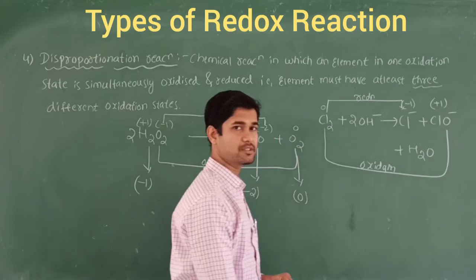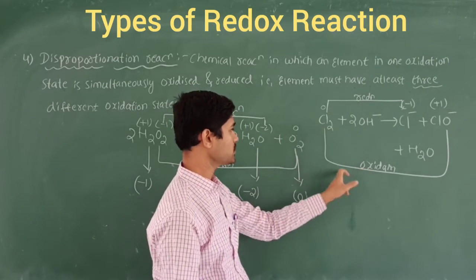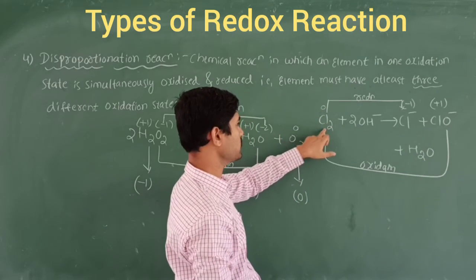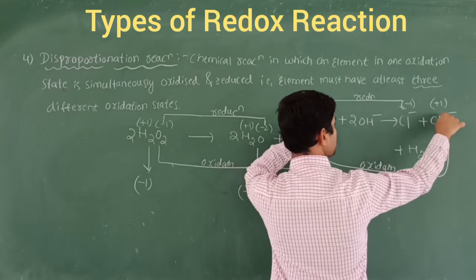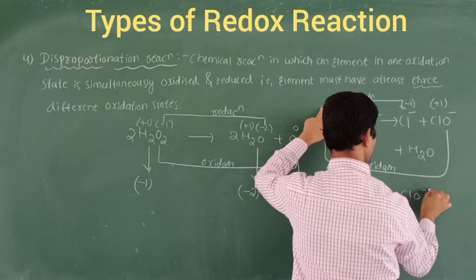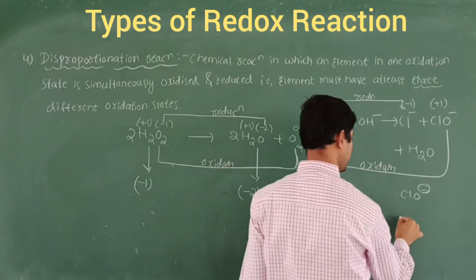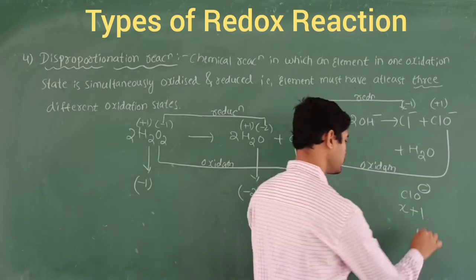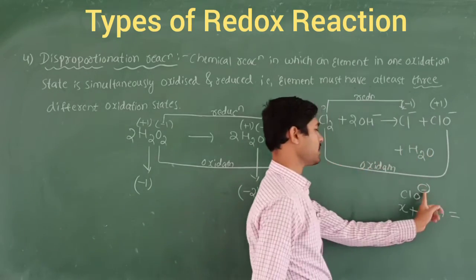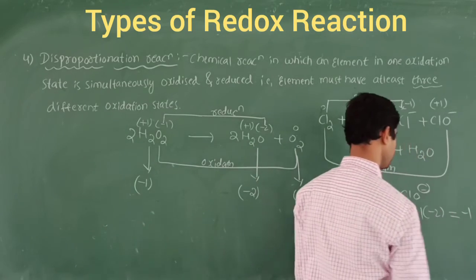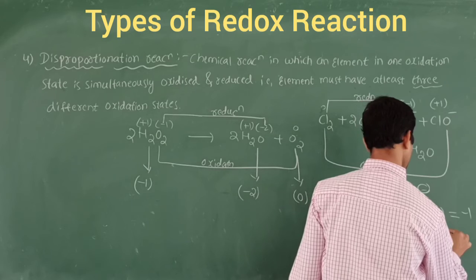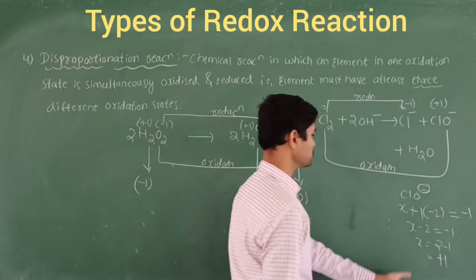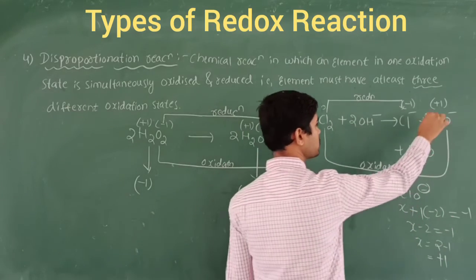So a reaction which has the process of simultaneous oxidation and reduction. So when this Cl changes to ClO minus, you can look at the oxidation number of this chlorine: here 0, in this case +1. How to find this? In ClO minus, how to find the oxidation number of chlorine here? Let's take x for the chlorine plus 1 oxygen. What about the valency of oxygen? That is -2. That is equal to the charge, that is -1. So simple calculation, x minus 2 is equal to -1. Therefore x is equal to 2 minus 1, that comes to +1. So in this ClO minus, the oxidation number for chlorine will be +1.